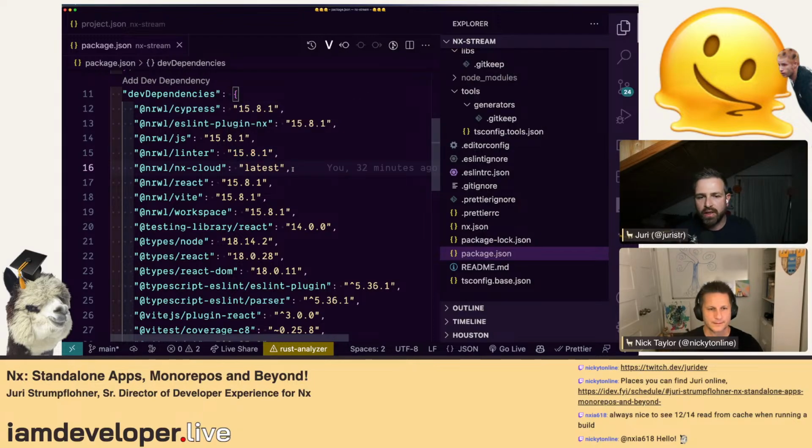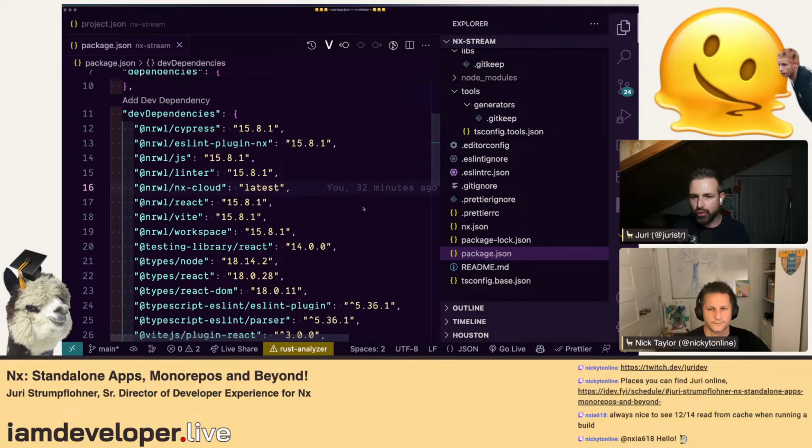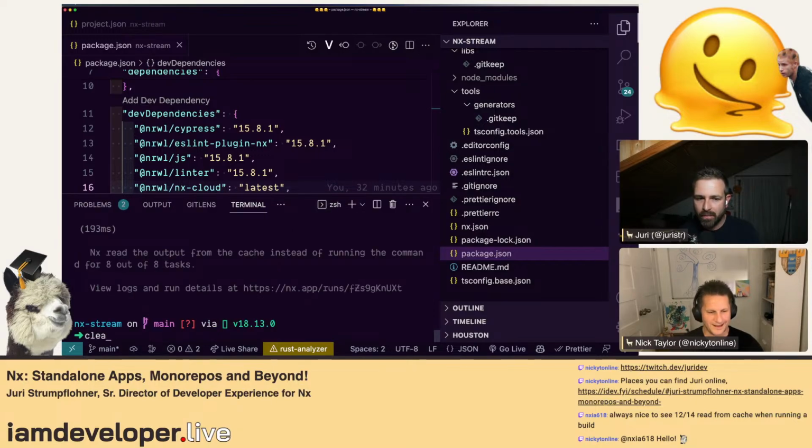Yeah, it's a good point. It's something we want to expand much more, because until now we mostly went as far as: here's your build artifact. Now add your own custom publish, deploy, or whatever you want to do with it. I think the Nx JS package has some of those generators already. If you generate a library with that, you can choose to have publishing, and we can try it out if you want. I vaguely remember that we had a minimum publishing step in there. So for instance,